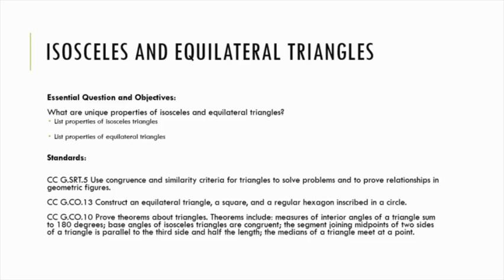Our standards: use congruence and similarity criteria for triangles to solve problems and to prove relationships in geometric figures. Construct an equilateral triangle, a square, and a regular hexagon inscribed in a circle, and prove theorems about triangles. Theorems include measures of interior angles of a triangle sum to 180 degrees, base angles of isosceles triangles are congruent,